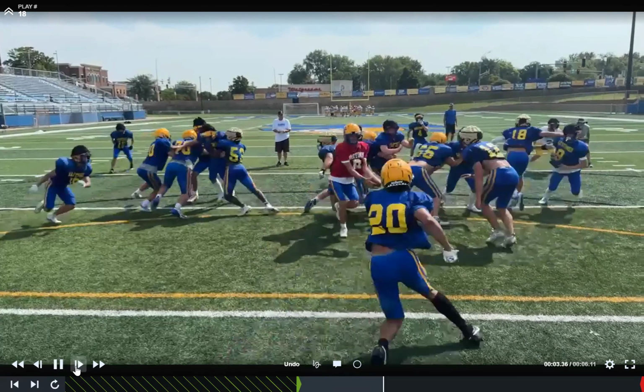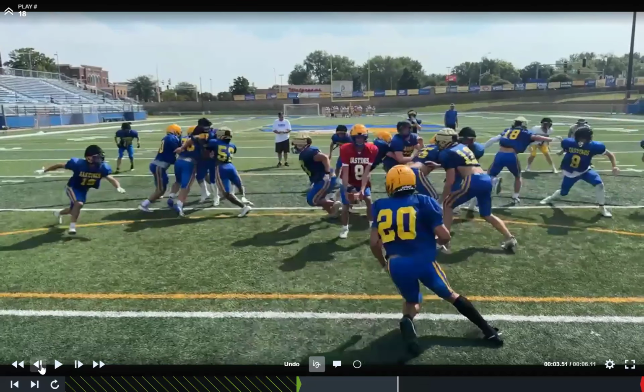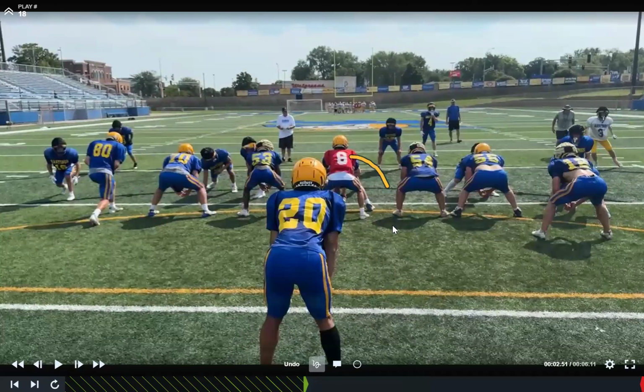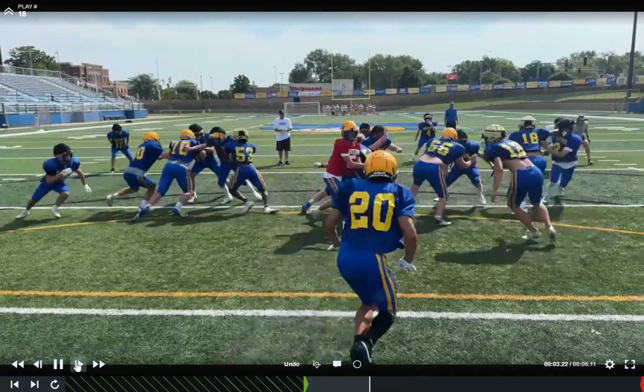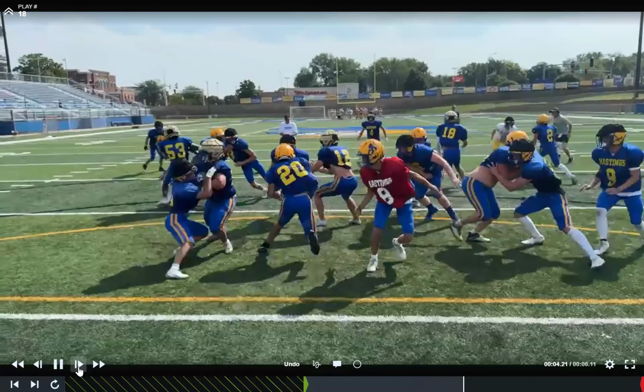Look what happens if the guard blocks down. He would be on this linebacker right here, because the nose guard slants away. So if the guard did what he was supposed to do, that hip would disappear. He would be up on this linebacker. The tackle blocks down on this backer. The tight end blocks down on the end. Okay. And everything should wash down. But what happens is that this linebacker comes free because we're not staying gap accountable.